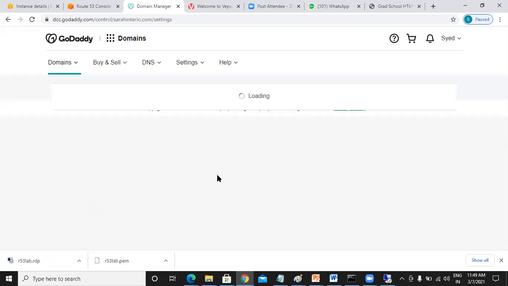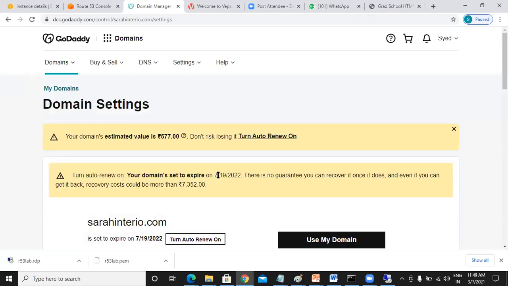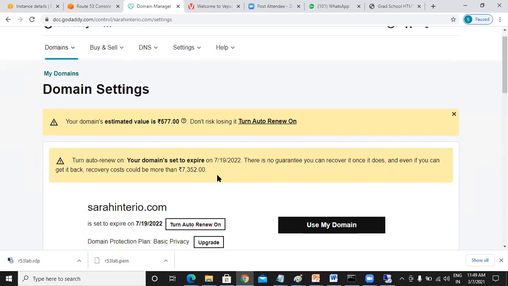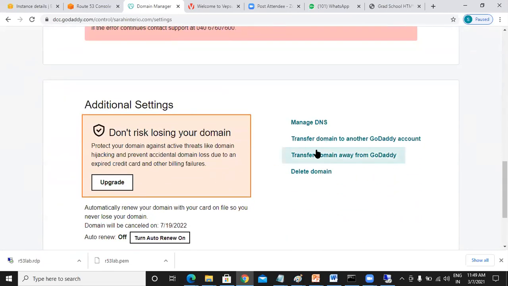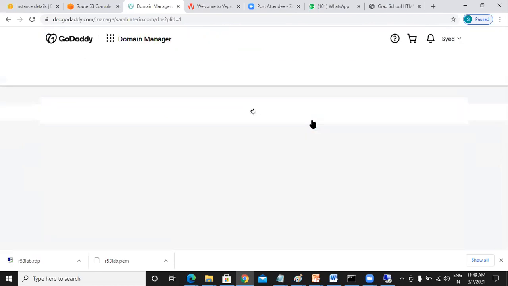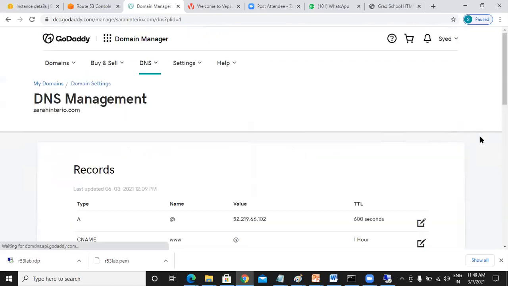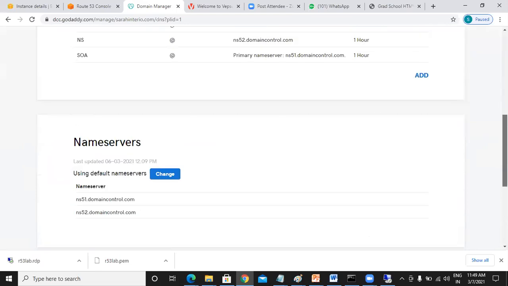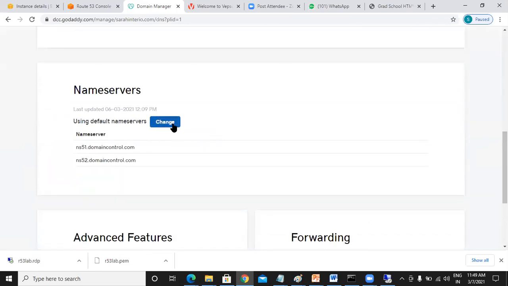So I'm going to sarainterior.com. I need to go to the DNS of sarainterior.com and I need to put the name servers. Scroll down here. Manage DNS. Change.